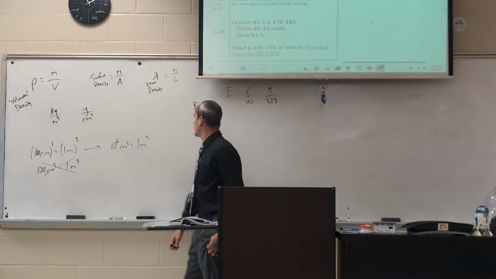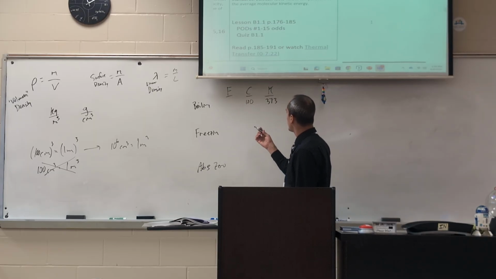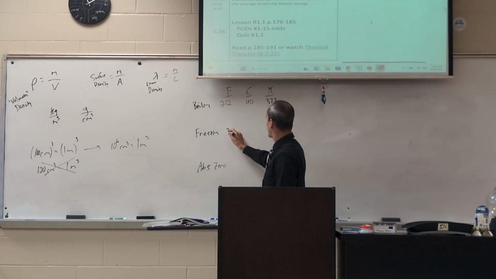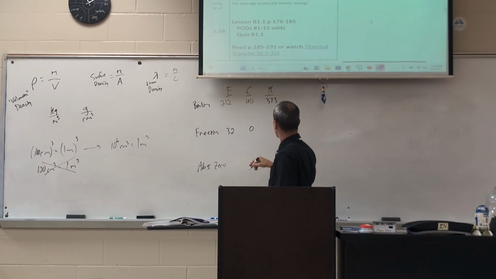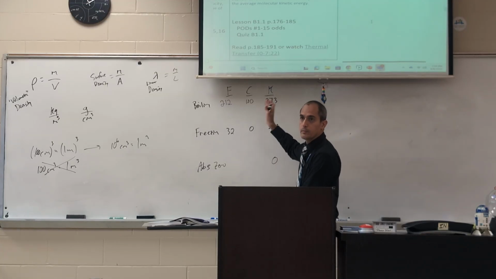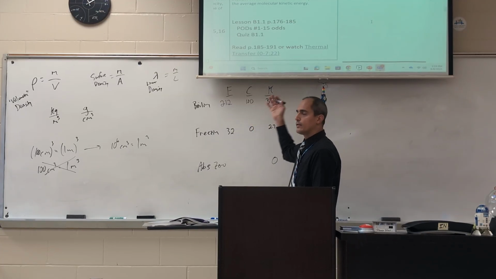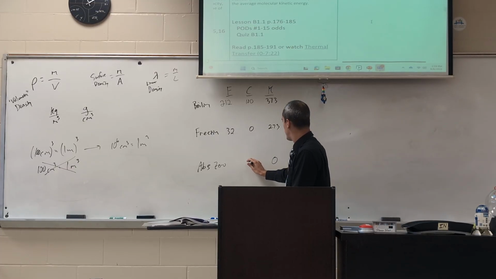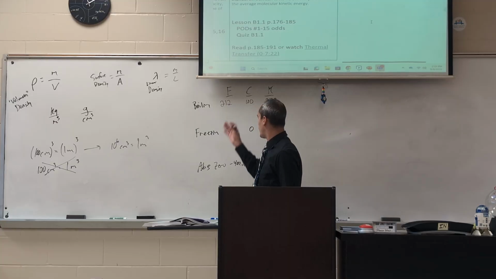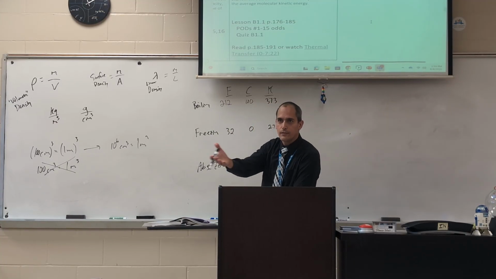All right. So back here. The boiling point is actually 212 Fahrenheit. Freezing point is 32 degrees. Zero Celsius, 273 Kelvin. And the absolute zero, of course, is the zero for the Kelvin because Kelvin is the absolute scale. Negative 273. And in Fahrenheit, that's negative like 400 something? Yeah, 400-ish. But again, we don't actually need to know that,